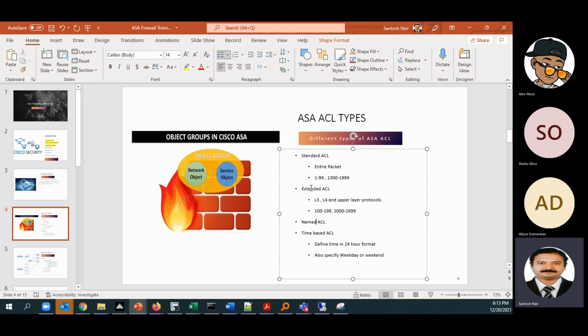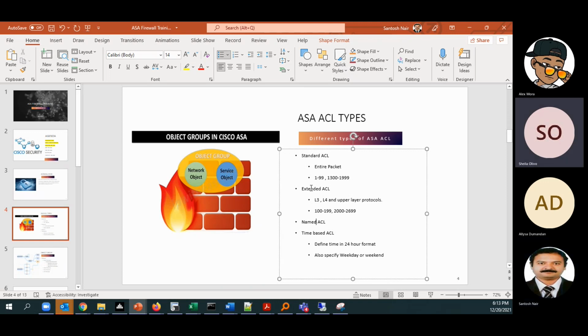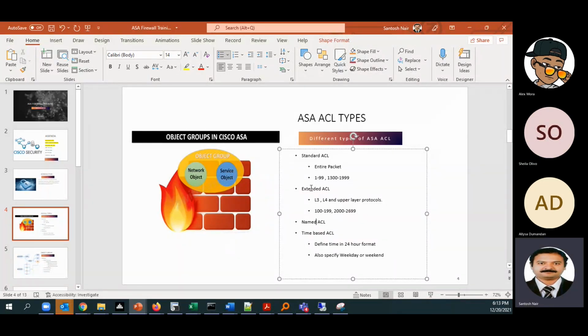L4, what is the information that we have in L4 that we will use to block it? Sheila? I think it is the source and destination port, and that's it. Correct, correct. So TCP, UDP, and in TCP or UDP itself, which port we need to block, right? All of that we can use, so we have to use extended access lists. Most firewalls only support extended access lists. Standard access lists are not supported as much.